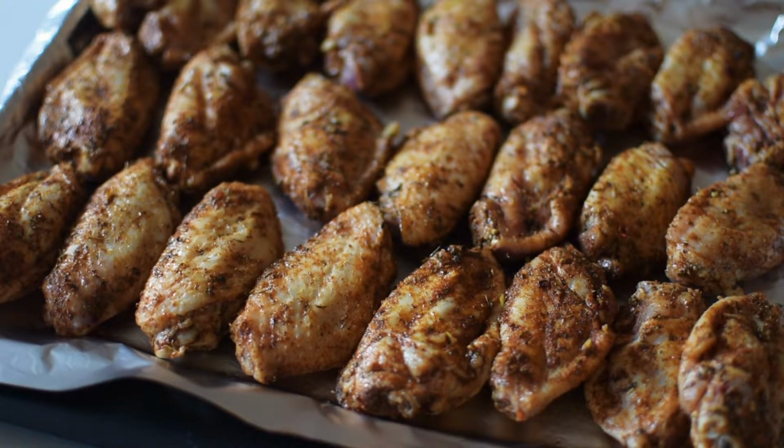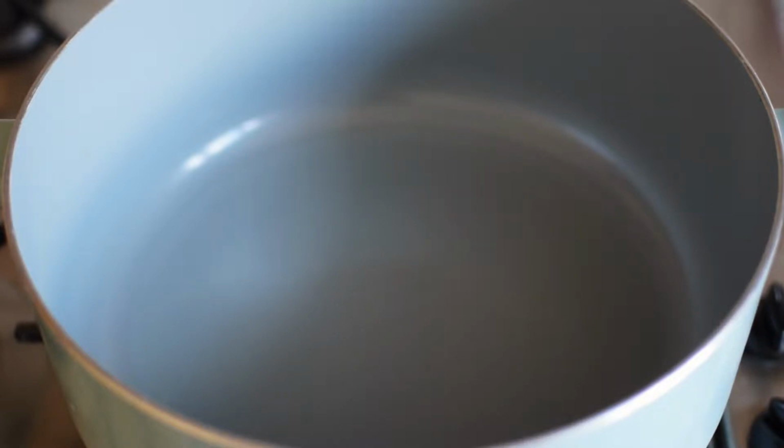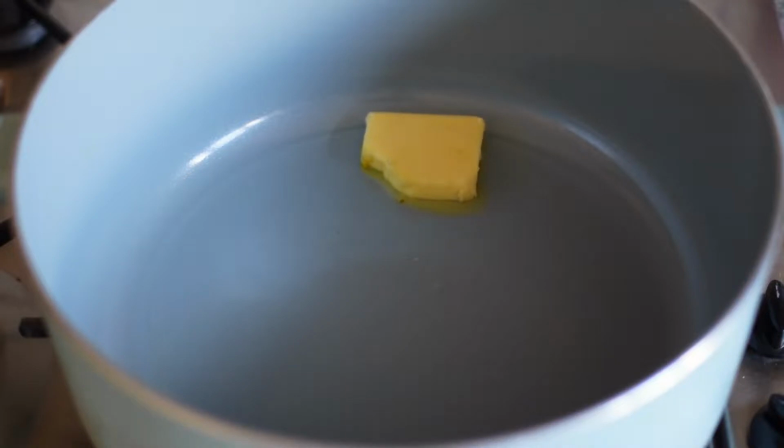And now I'm going to start off with the sauce. So if you've already got sweet chili sauce at home, then you don't actually have to make it, but I prefer to make it, so this step is up to you. Add in 2 tablespoons of butter,